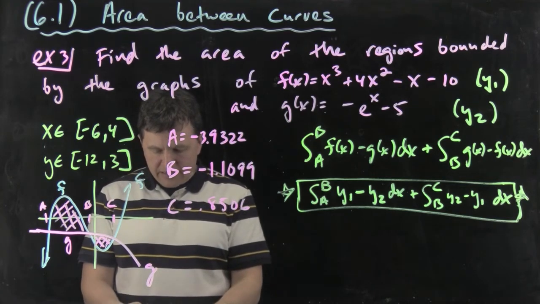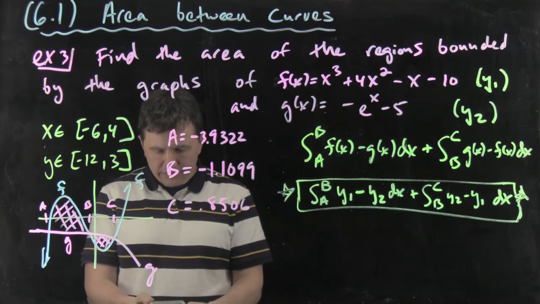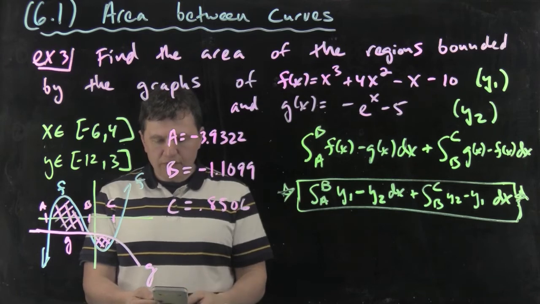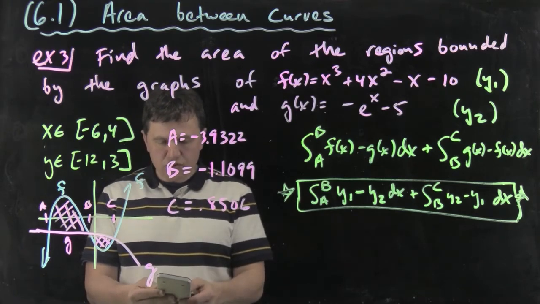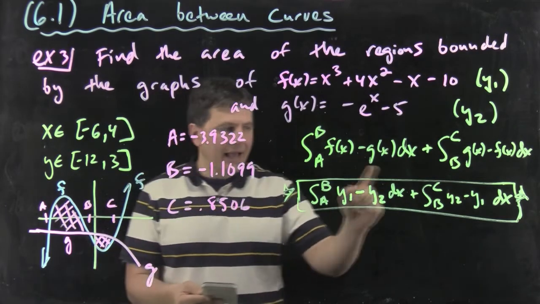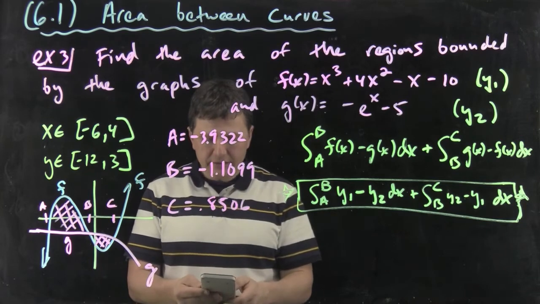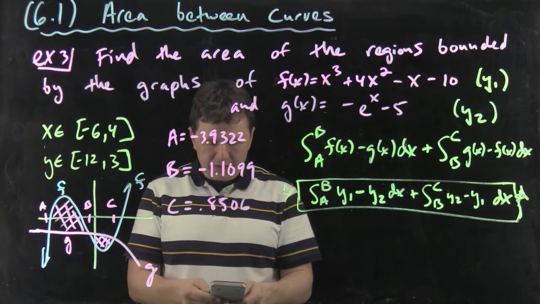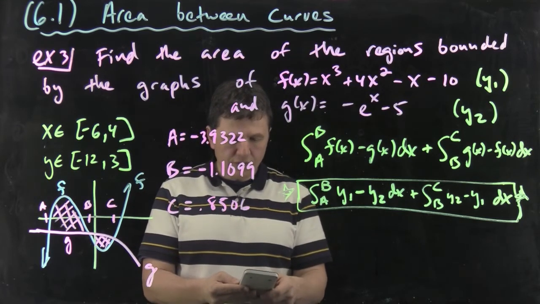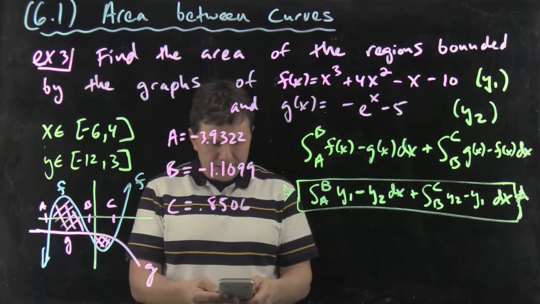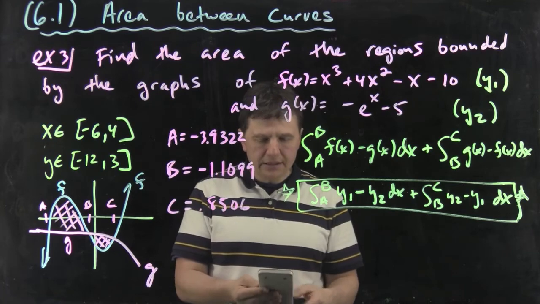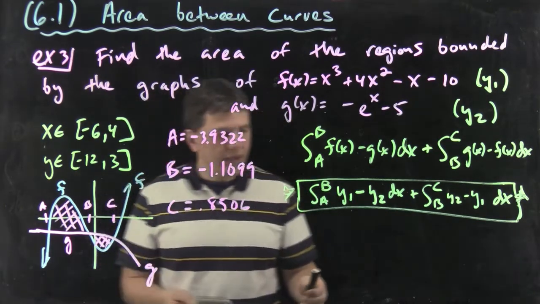So math 9, alpha A, alpha B, vars y vars function y1 minus vars y vars function y2 dx. And then I'm going to add math 9, that is alpha B to alpha C, vars y vars function y2 minus vars y vars function y1. And go ahead and hit enter. And what we get is